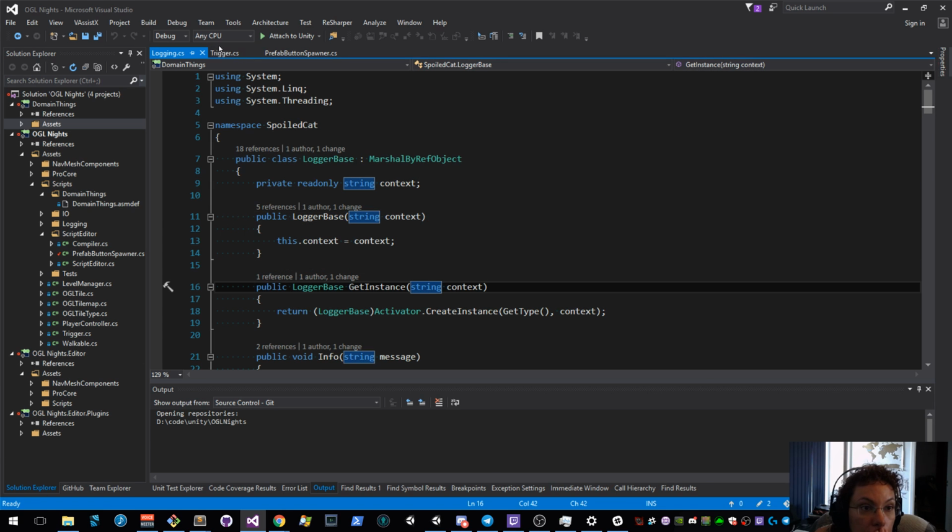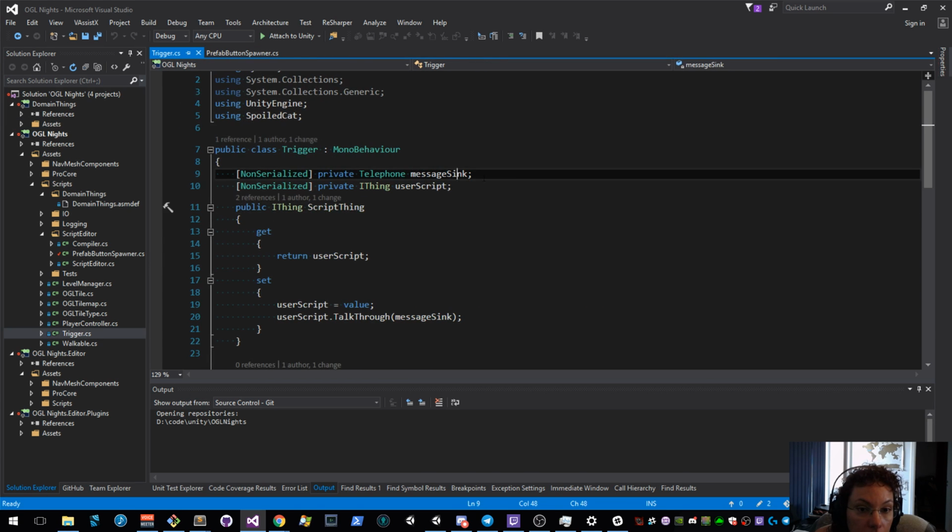Okay, so I was doing a thing. What I want is a button that creates an instance of a prefab on screen, and I want to click the prefab, open the script editing UI, and put in a script, and then you compile. It compiles everything, reloads the domain of the runtime, and then magic. Okay, so the prefab